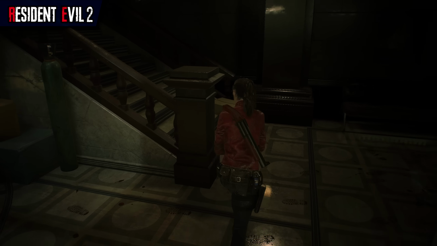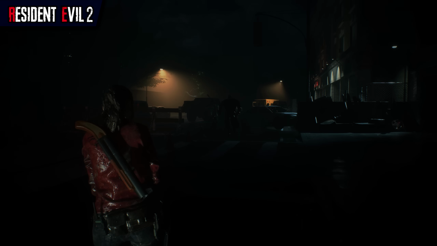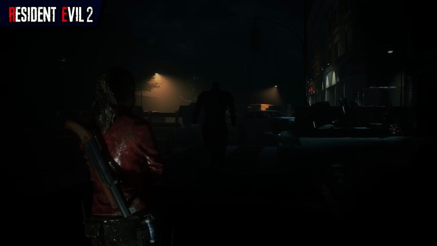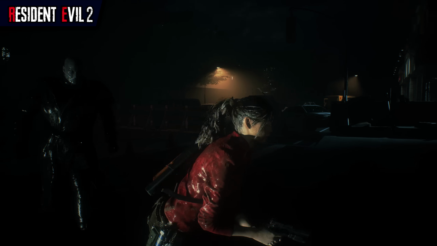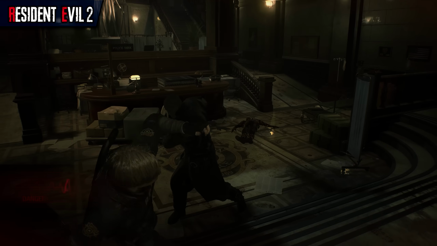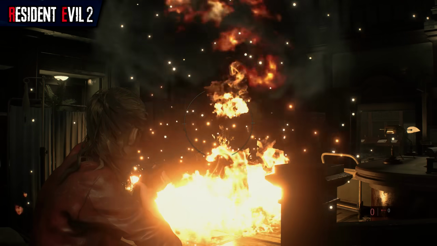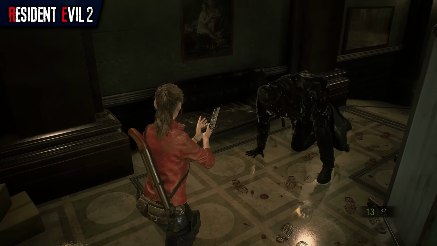If a player is detected by the tyrant, either by being spotted or by making a loud sound, he'll immediately start to pursue, albeit with a slow yet still intimidating walk. Mr. X is a powerful foe, and can deal some massive damage if he manages to get a melee hit in, but otherwise he can't really do much, and once he's defeated, he'll stay down on his knee for a